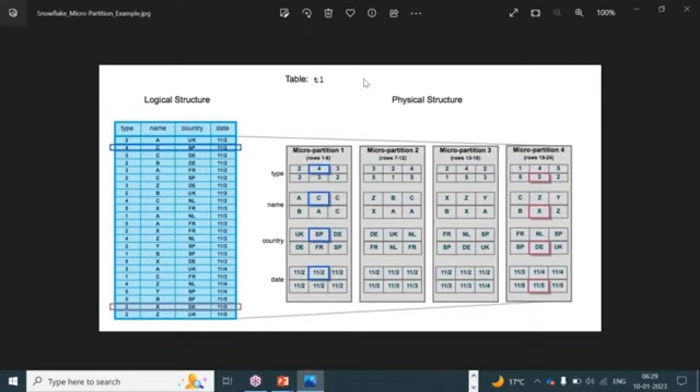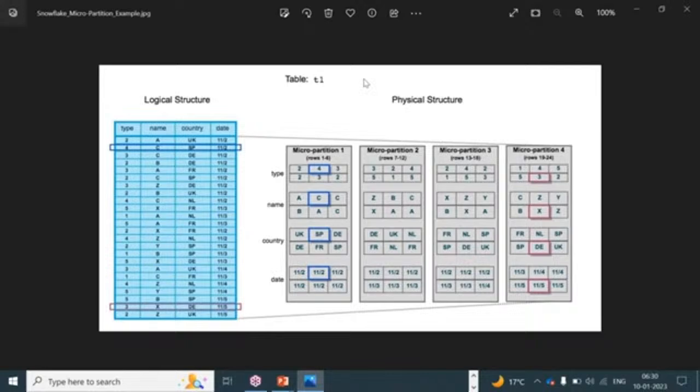Raju. I understand your question. Until we create indexes on a table in RDBMS, the row ID concept will not come. Once you create indexes on your column or table, then your row ID will come, and then that balanced tree concept will start. So that is different. Here, by default, when you store your data, it will maintain the address in metadata